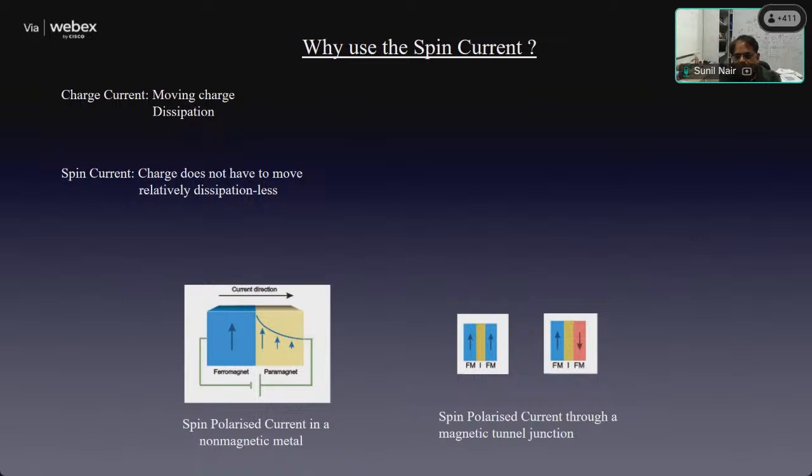It moves a few lattice spacings, it encounters a scattering event, and then it dissipates a bit of its energy. In the case of spin current, the length scale of the problem is defined by what is known as the magnon diffusion length. It's a different quantity. On average, the magnon diffusion length can be at least 1,000 times larger than the electronic mean free path. So what that means is a magnon will travel at least 1,000 times more before it encounters a scattering